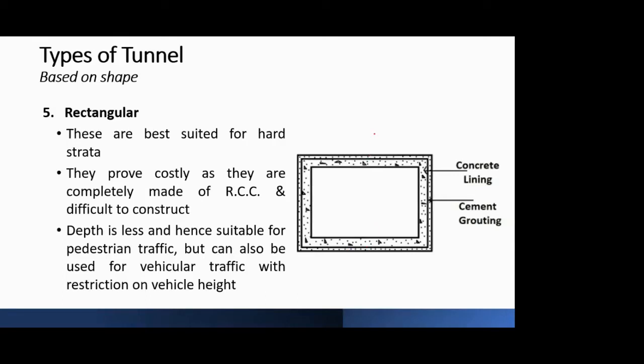So if I classify the section, this is the roof, this is the invert, and these are the walls. Now everything is exactly straight. So this kind of tunnel is going to be susceptible to failures if you don't provide proper support. The proper support is provided by a cement lining. Now the cement lining is almost like a slab that you are constructing.